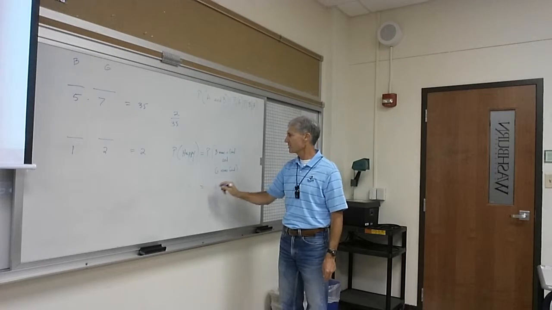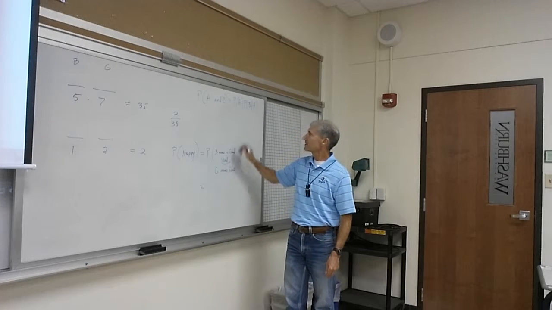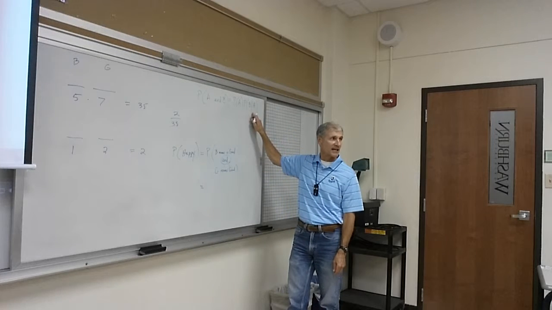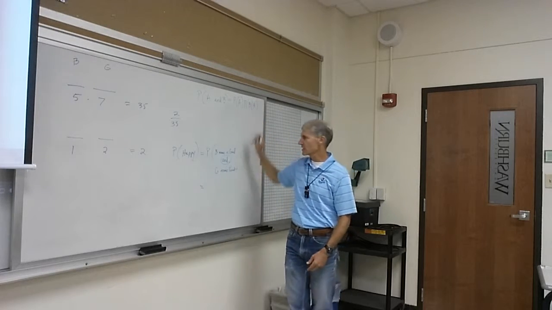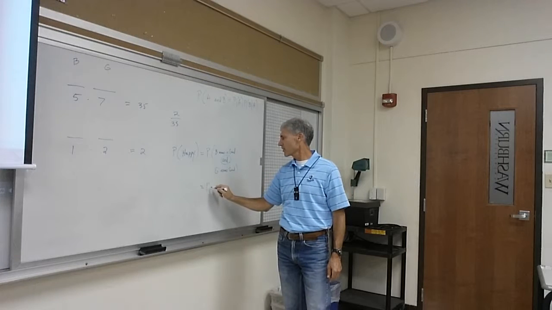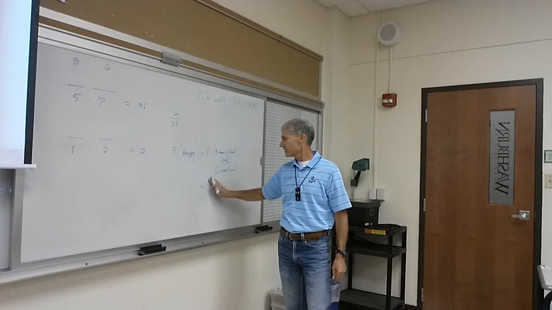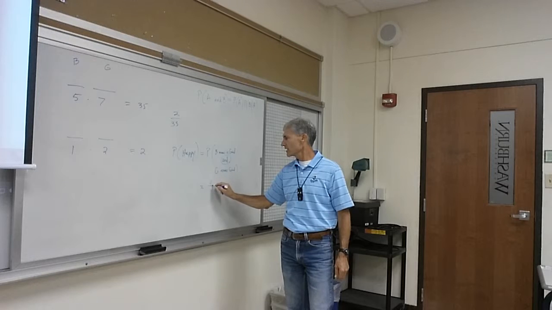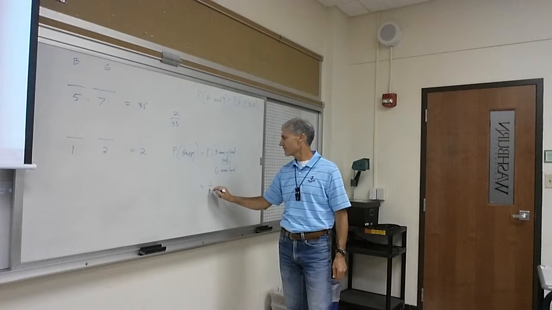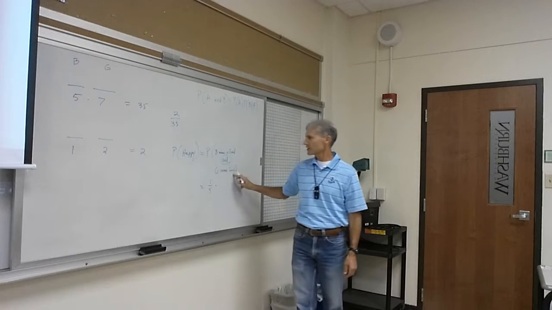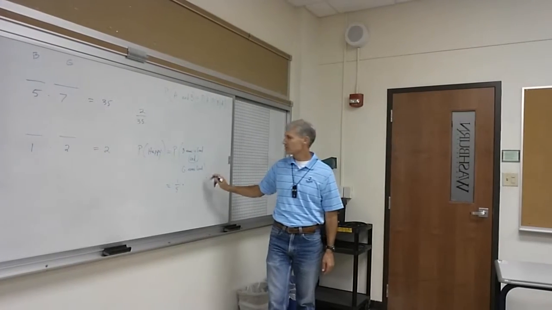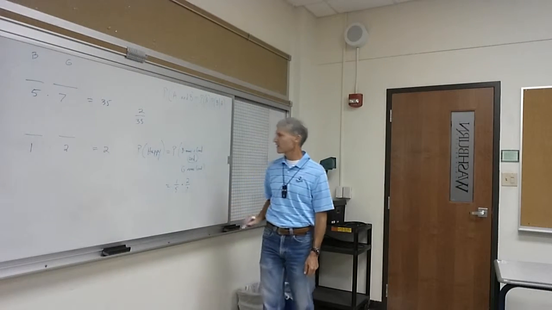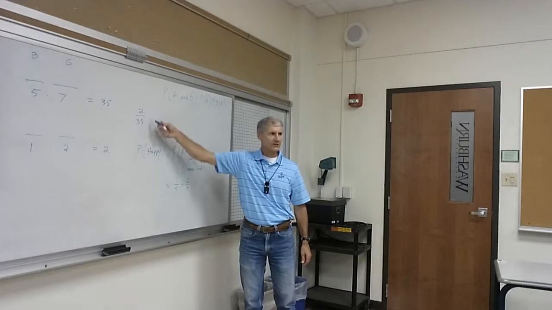Okay, how does that happen? Well, this is an "and," so I can break it up. We've decided they're independent, so I don't have to worry about conditioning. What's the probability that the boy name is good? 1 in 5. Now, what's the probability that the girl name is good? 2 of 7. Multiply them together. 2 out of 35.